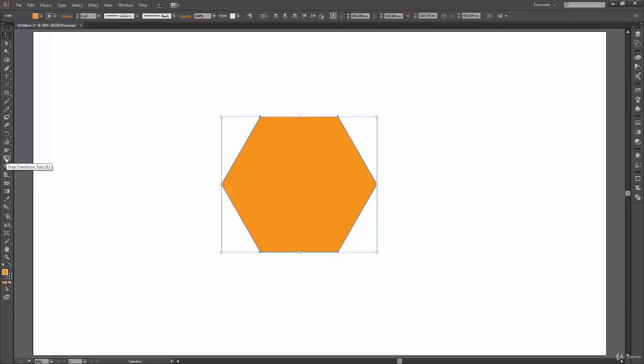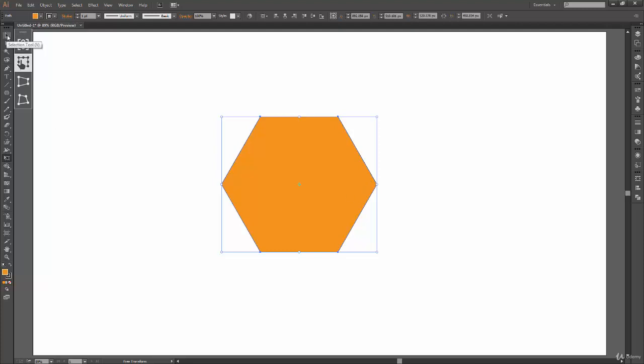is E. So click on this icon and now you get this separate panel over here. The first one says constraint, the second one says free transform, the third one says perspective distort, and the fourth one is free distort. So we are going to see all these four options one by one. First of all, let's see this free transform.